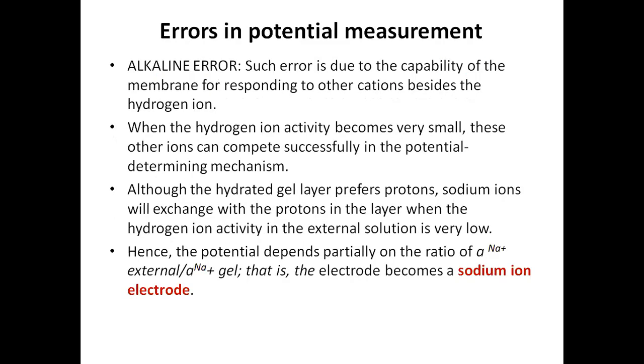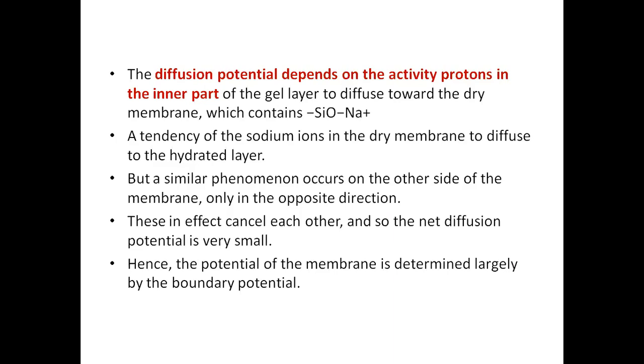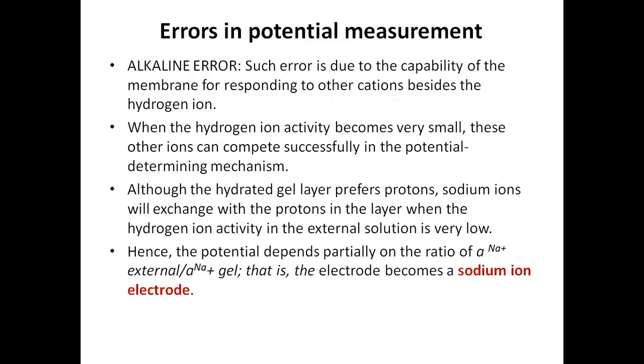Now, during this measurement, some kinds of errors take place. There are two kinds of error: alkaline error and acidic error. We just have to discuss them and finish our lecture. Now, what is alkaline error? Such an error is due to the capability of the membrane to respond to other cations besides the hydrogen ion. In simple words, in place of the hydronium ion or H plus ion,